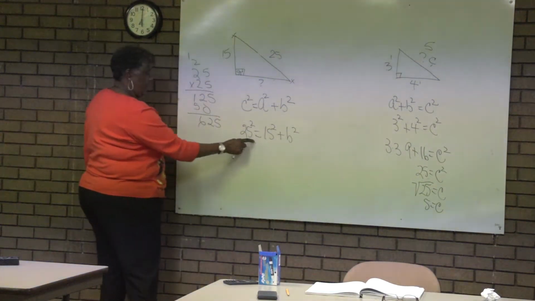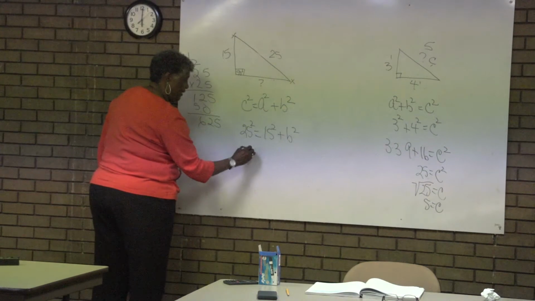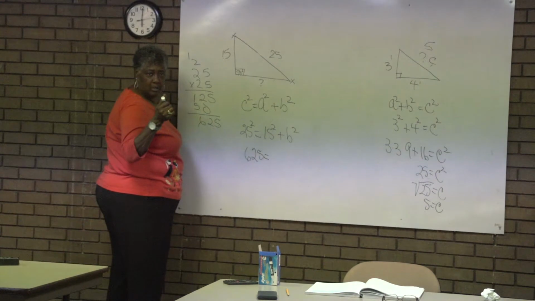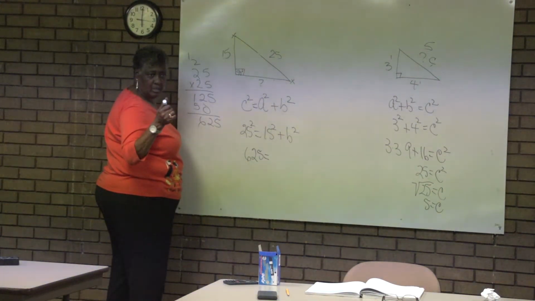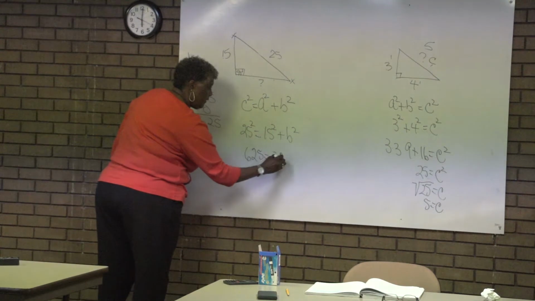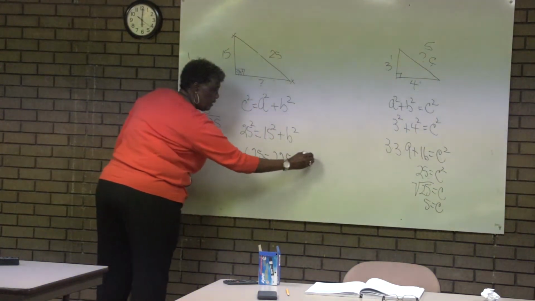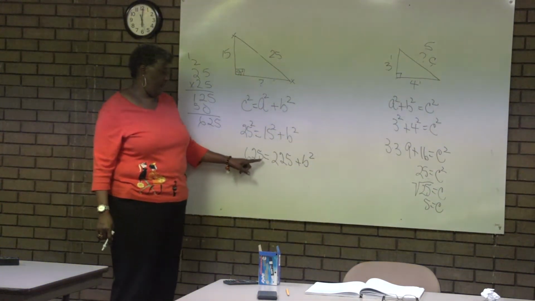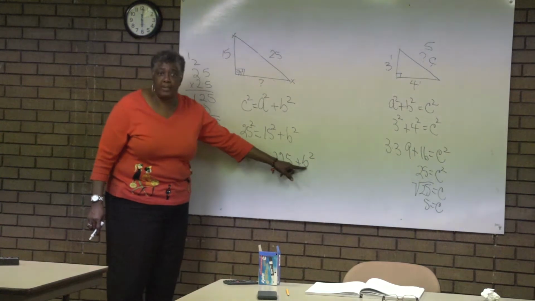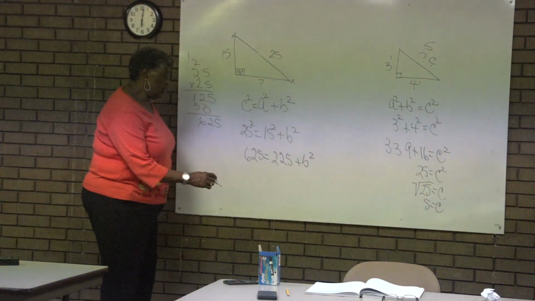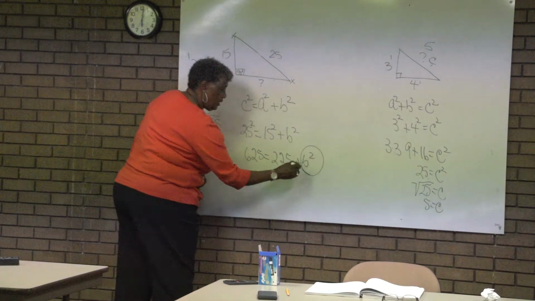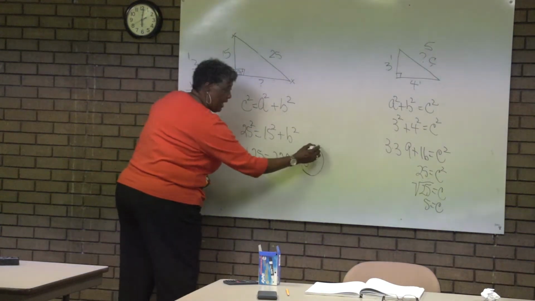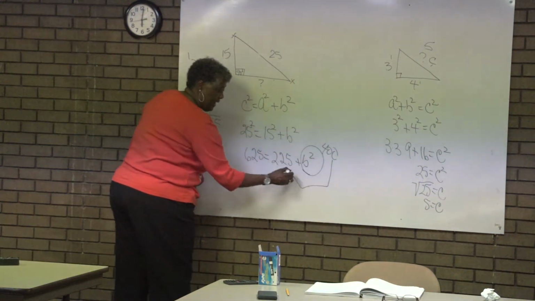So now I say 25 times 25, which I see is 625, is equal to, you said 15 times 15, what'd you tell me it was? 225. I still don't have that one, right? So I know that 625 is equal to 225 plus something, right? 225 plus what would give me 625? 400, right? I know that this has got to equal 400 in order for me to add it to the